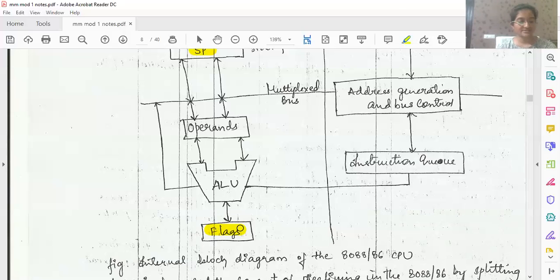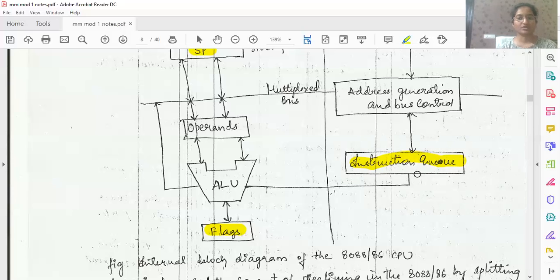Here the flag register size, what is the size of the register here? It is 16-bit. So different flags in the flag register will be updated depending on the result of a particular operation. All right. Then here we have something called the instruction queue. What is the instruction queue? Your bus interface unit will keep on fetching the instructions. How many instructions can it fetch and keep in store? 6 bytes of instruction in case of the 8086 microprocessor, and 4 bytes of instruction in case of the 8088 processor.